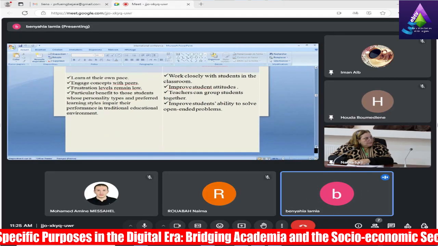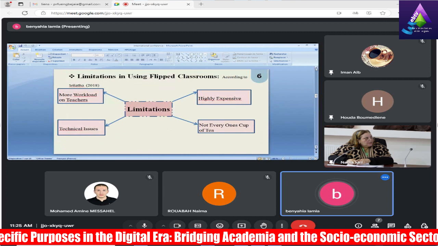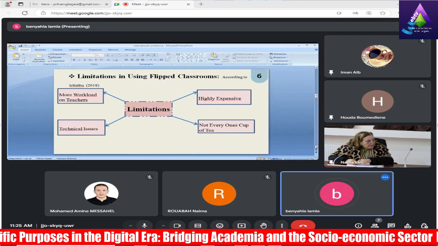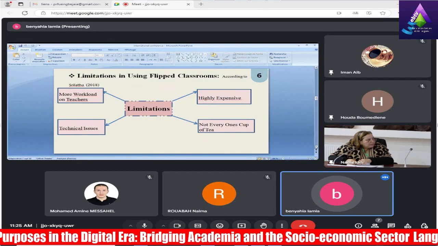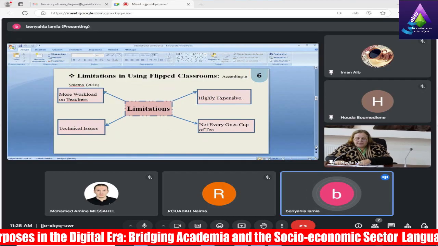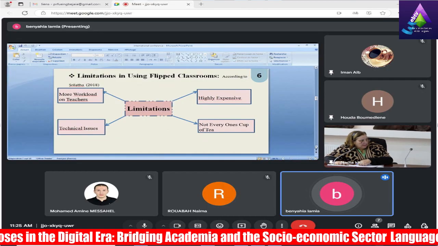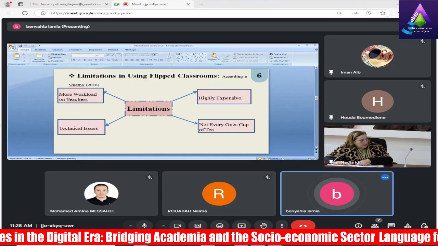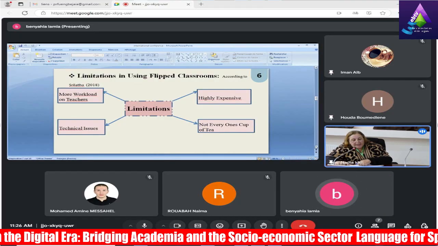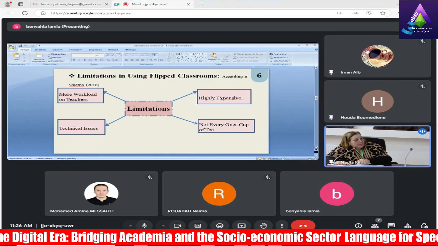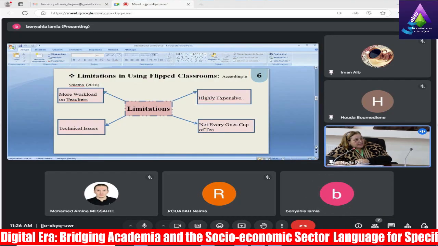According to Srilata 2018, she stated those limitations. Workload on teachers. Some teachers find it more... Lemia, sorry to interrupt you, but please go to the practical side of your work, okay?